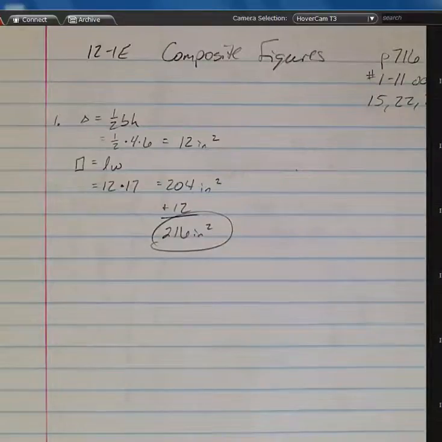For number 3, what 2 shapes do you see? A rectangle and half of a circle. And so, once you find